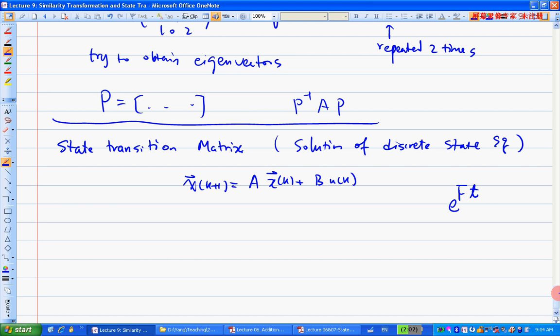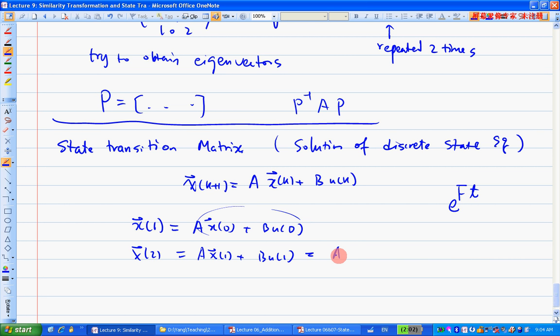Okay, so basically, what will be the state transition matrix for the discrete ones? We do an iterative process here. So x1, if you put this one here, x1 equal to what? x1 equals A x0 plus B u0, right? And x2 is A x1 plus B u1. And for A x1, you plug this x1 into here, so that's A squared